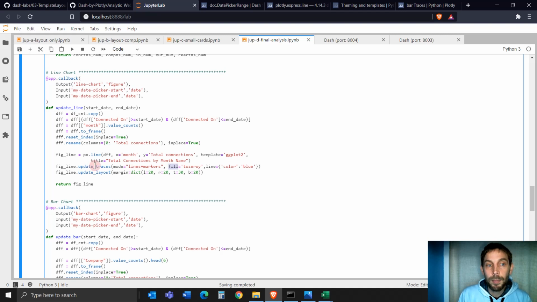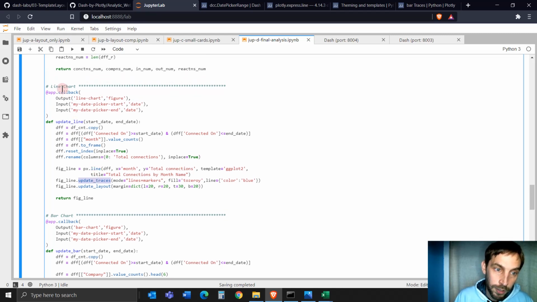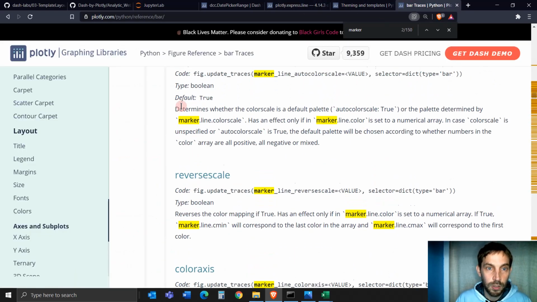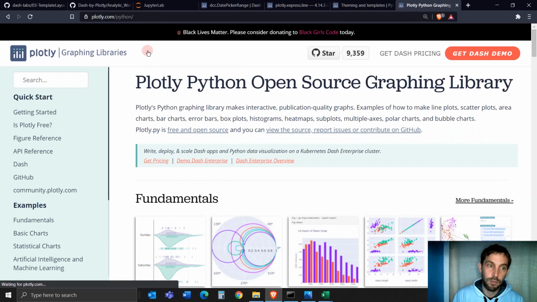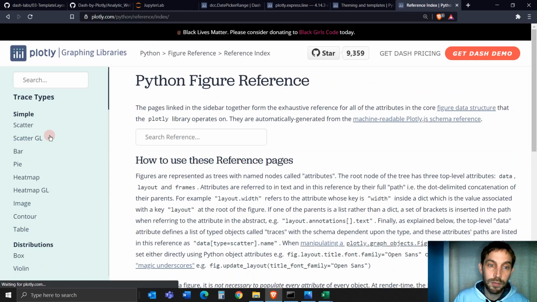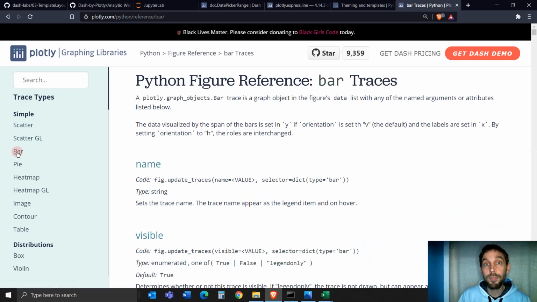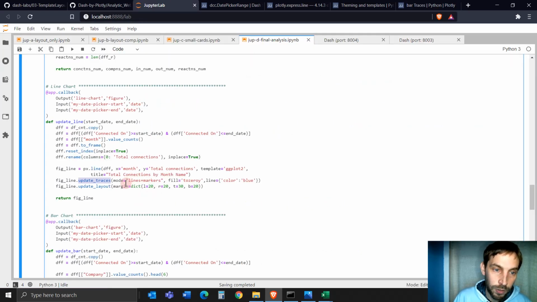So usually if it's update traces, it refers to the type of graph that you're using. So if I'm doing a line chart, I'm going to look at update traces. I'm going to go here, go to Python. I'm going to put this link under the video. Go into figure reference, and then look at the traces type, and look at the bar chart. Now you know you have to update traces. And here I'm saying I want to change the mode. Like I want to change the line and the markers so we have